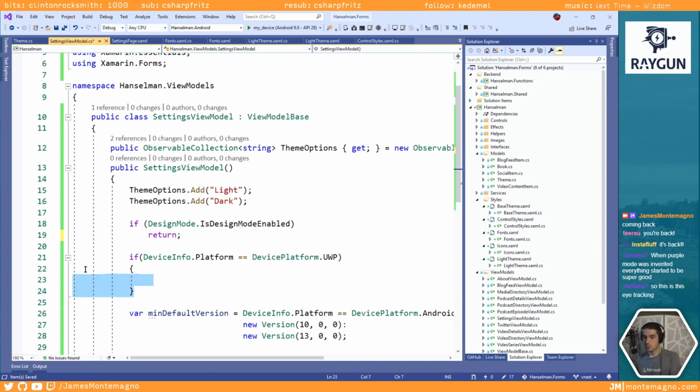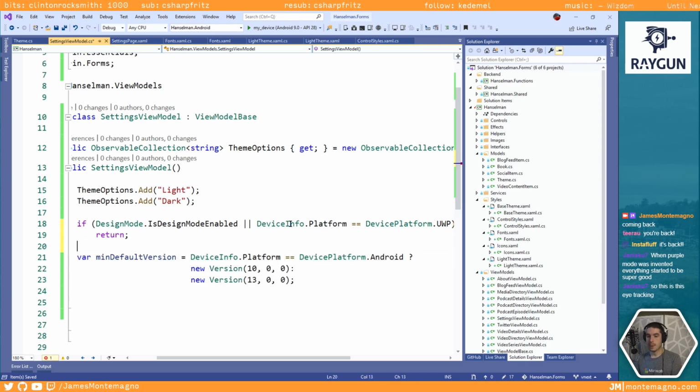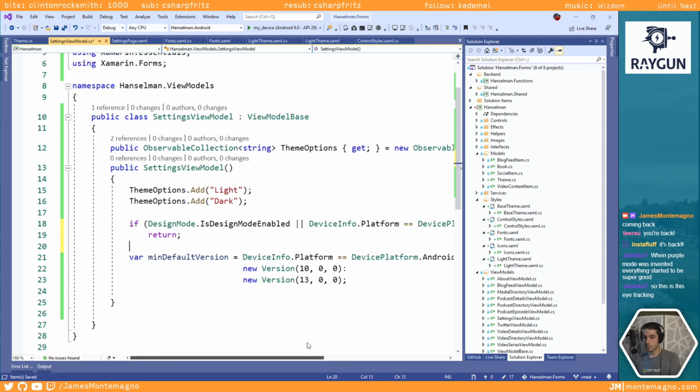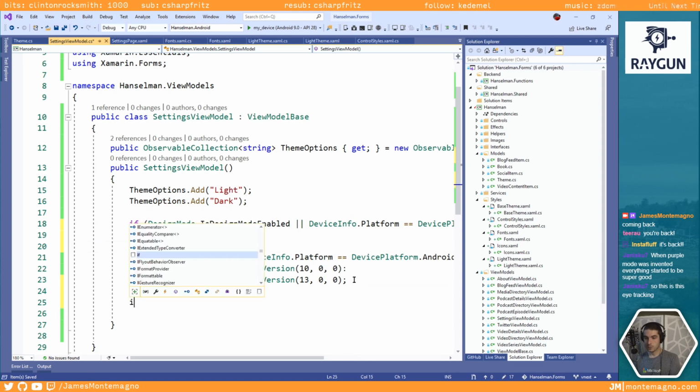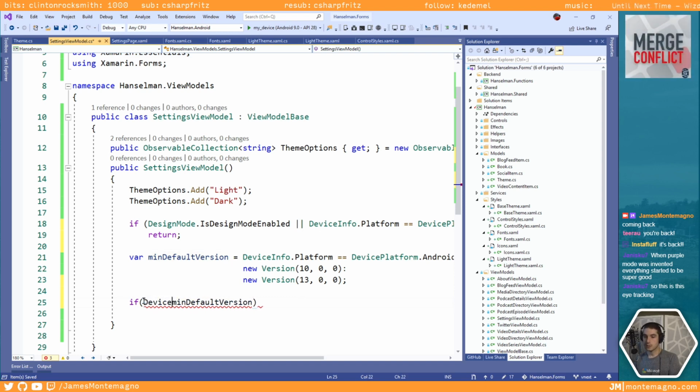Okay, so if dark theme is, or then, else, what we want to do here is we can if in default, if DeviceInfo.Version is greater than or equal to